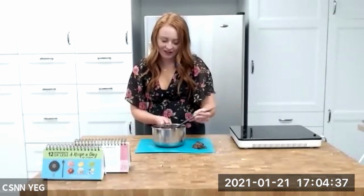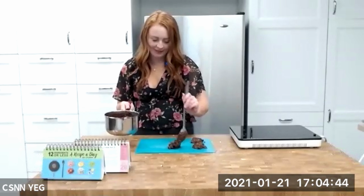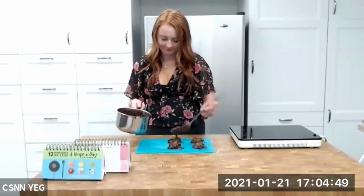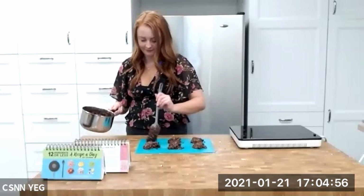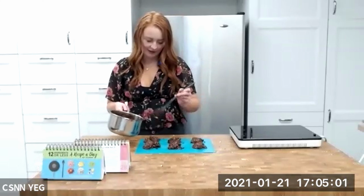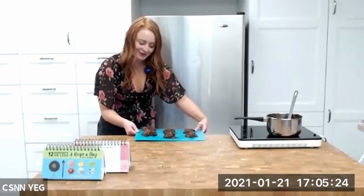So I'm just gonna put the cookies in cookie shape evenly on my cutting board. Okay. And next, I'm gonna set them right into the freezer. I want to be really careful on this part that you don't spill